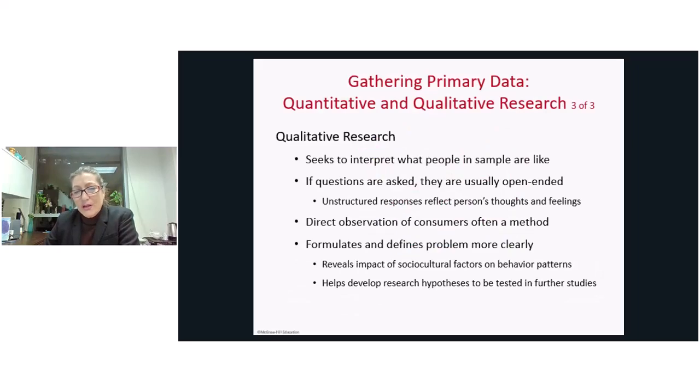So what's this thing called qualitative research? Well, it's what I do as a researcher, and it seeks to interpret what a particular segment of the community are understanding about a particular issue. So when the questions are asked, they are typically asked from the participant's perspective. They may well be open-ended and unstructured, and we're seeking to understand that participant's perspective. Qualitative research can involve direct observation,